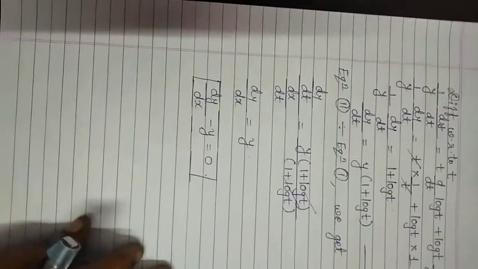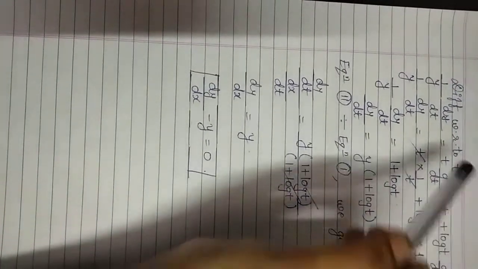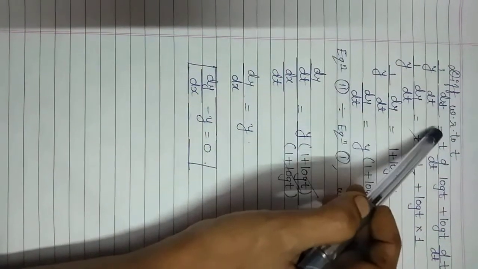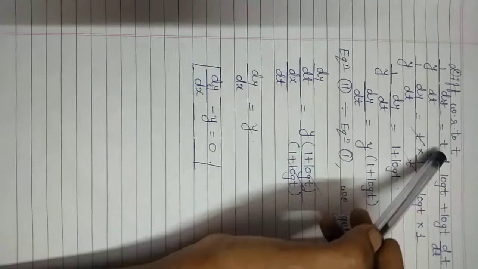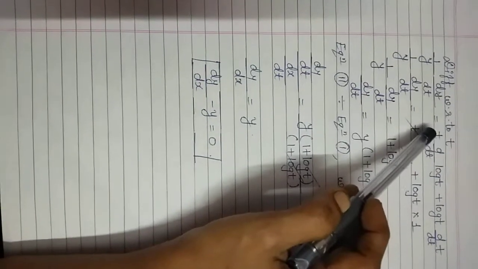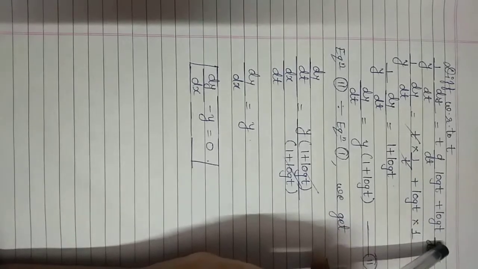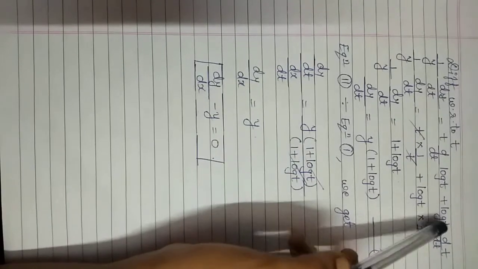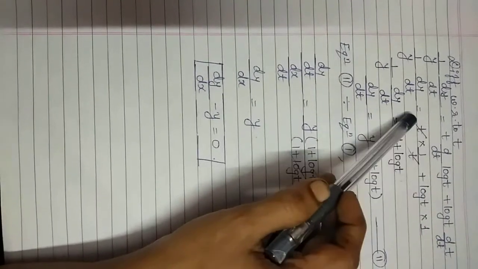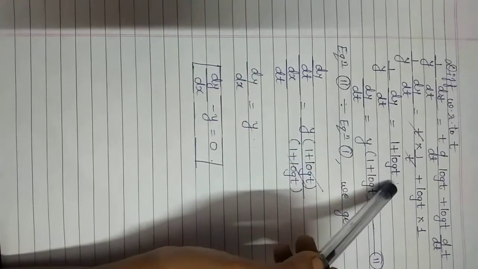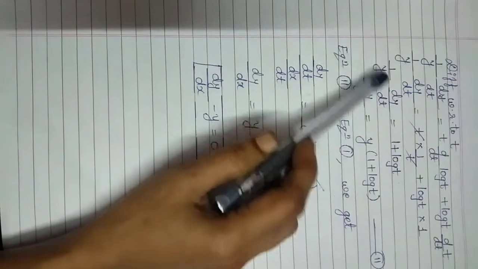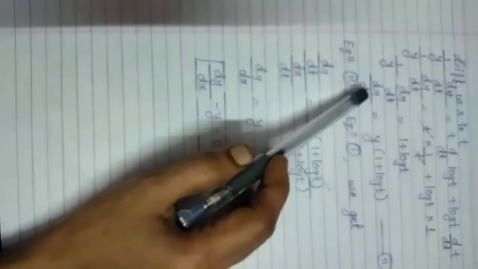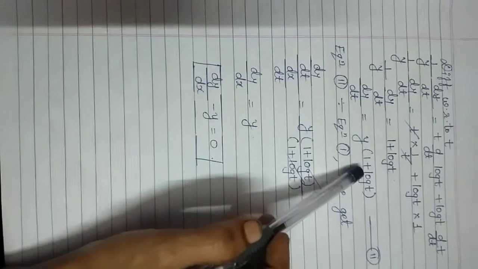So differentiating with respect to t, we will get derivative of log y is 1 upon y, but since we are differentiating with respect to t, here we will write dy by dt is equal to, applying u into v rule to t into log t term, we get t into derivative of log t plus log t into derivative of t. So t as it is, derivative of log t is 1 upon t plus log t as it is, derivative of t is 1. T gets cancelled, so this term is equal to 1 plus log t. Now since we require only dy by dt, we will shift this y to this side. So dy by dt is equal to y into 1 plus log t.